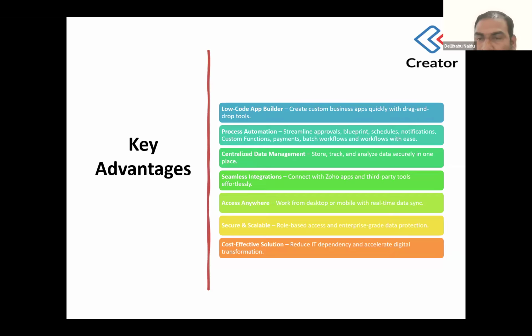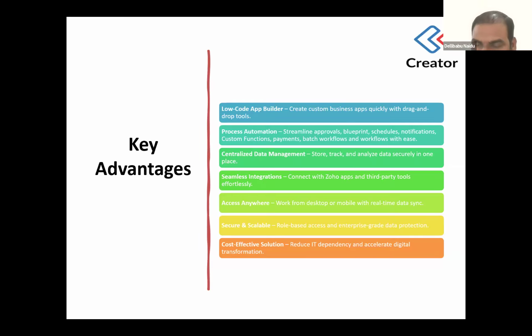And the major important one, centralized data management. Using this automation, using Creator for your various business or various operations, you can create forms and modules within the Zoho Creator. It will be in a central repository for your analysis purpose or tracking purpose, for your audit purpose. It will be in a centralized module. Just giving you an example, nowadays we are using X application for people management, Y application for HR process, Z application for accounting purpose, for some Power BI for analytics. But here you will have entire data in your centralized management.